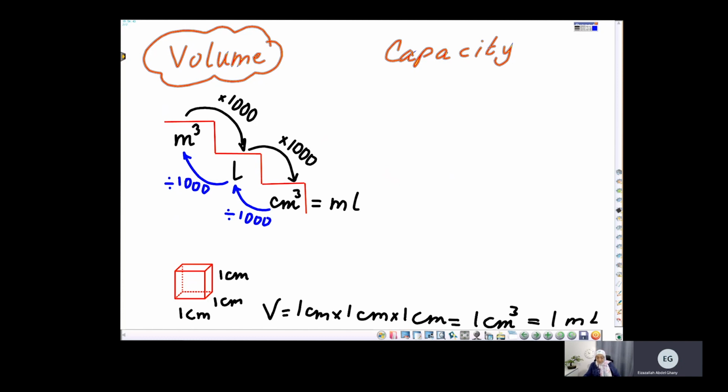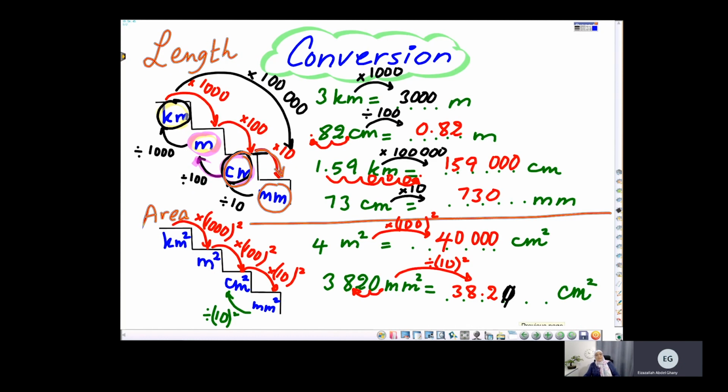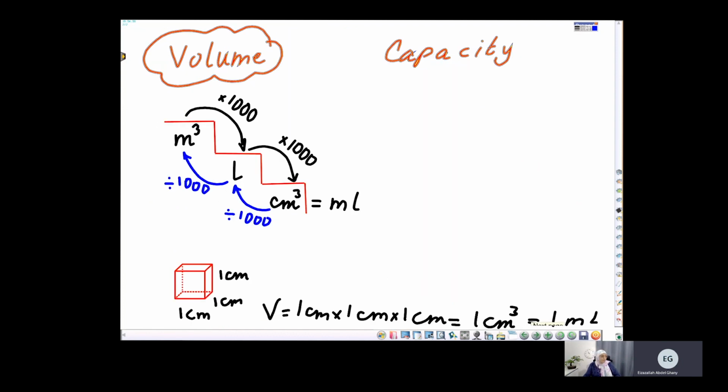If we go back to the length steps, which is kilometer, meter, centimeter, this is the original one, and this is the fundamental one. It's the basic one. For area, you just square all the values on the length steps. Now, about the volume, there is a unit of measuring, which is centiliter. Who ever heard about the centiliter? I'll tell you the story